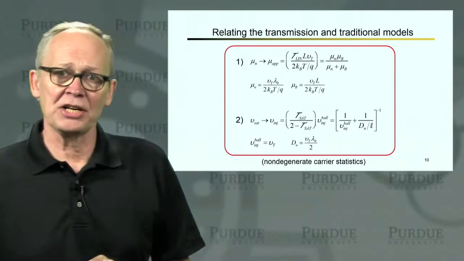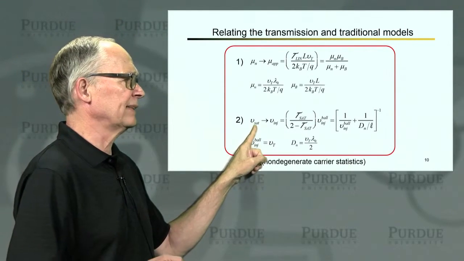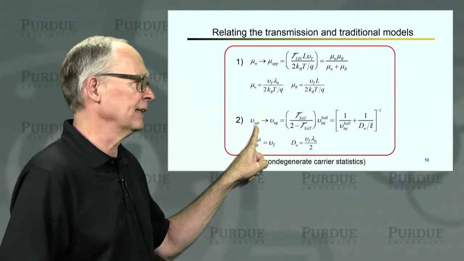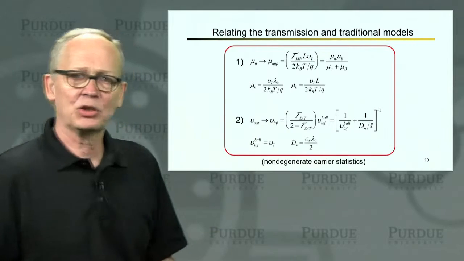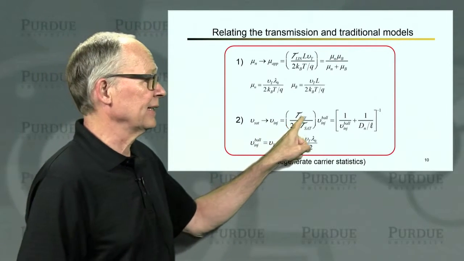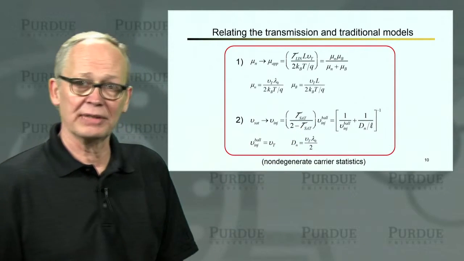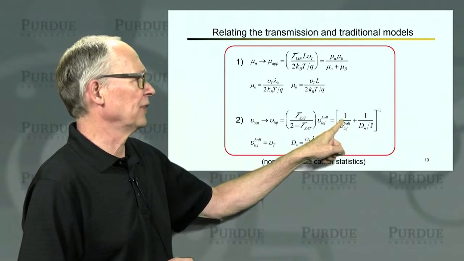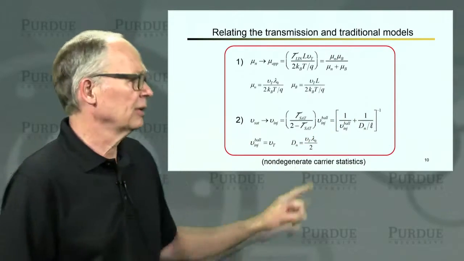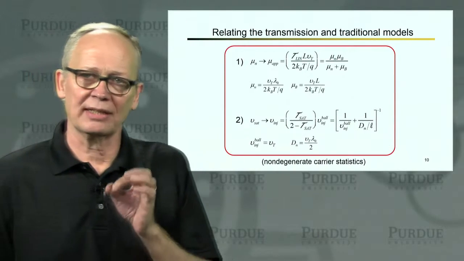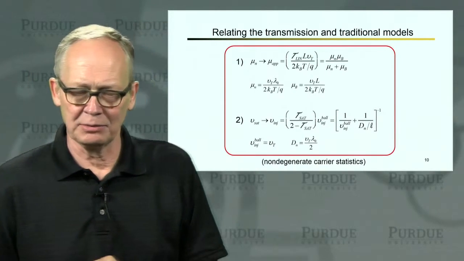The second change to the traditional model is to replace the high field saturation velocity, which doesn't have much physical meaning in short channels, by this quantity we call the injection velocity. The injection velocity is related to the transmission and saturation, and we saw that we can express this velocity as the lower of either the ballistic injection velocity or the velocity at which electrons diffuse across this thin bottleneck regime.